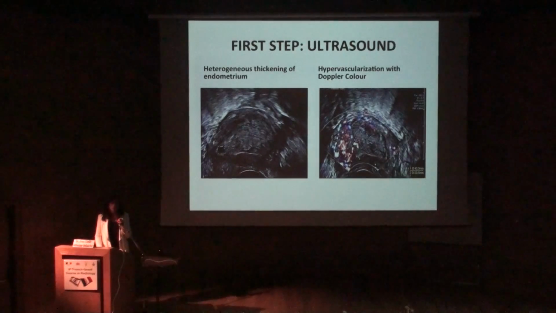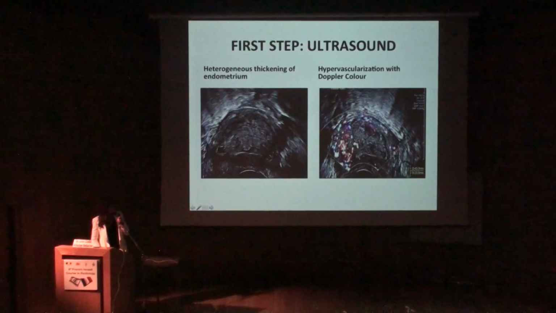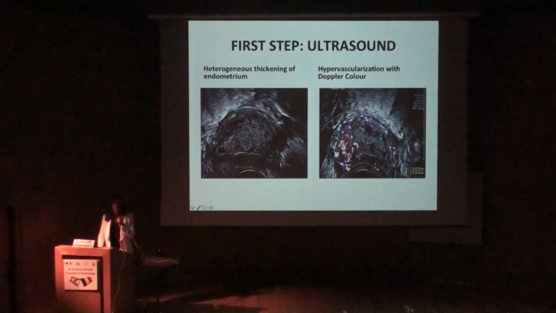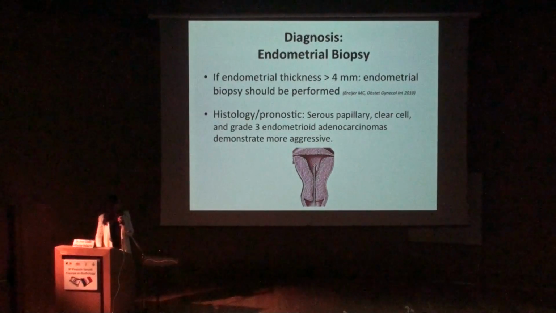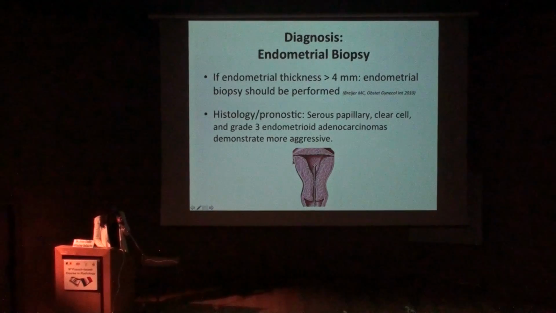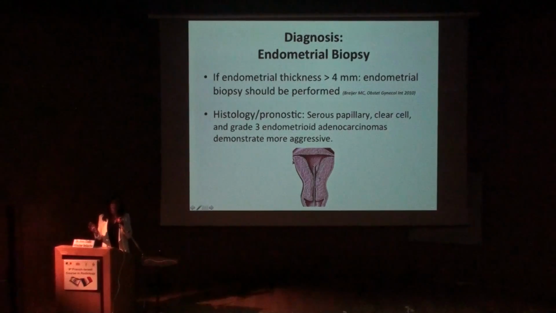The first step to diagnose endometrial carcinoma is of course the ultrasound, and it is a typical heterogeneous lesion, as you can see here, with Doppler color. We know that the threshold of the risky lesion is when the thickness is superior to 4 millimeters. When you have this kind of presentation, of course, it will be necessary to perform biopsy with hysteroscopy before performing MRI.